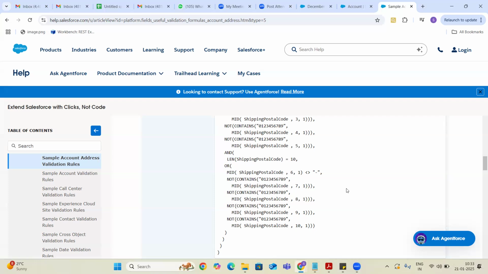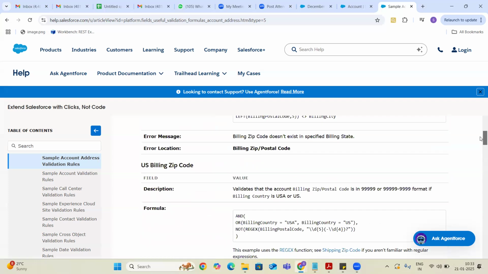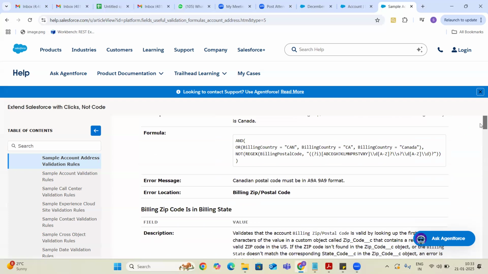Guys, my major goal in explaining this is that you should know about the different functions that are available to use in validation rules, how those functions work, how you can write them, and how you can use the NOT function. That is my motto.